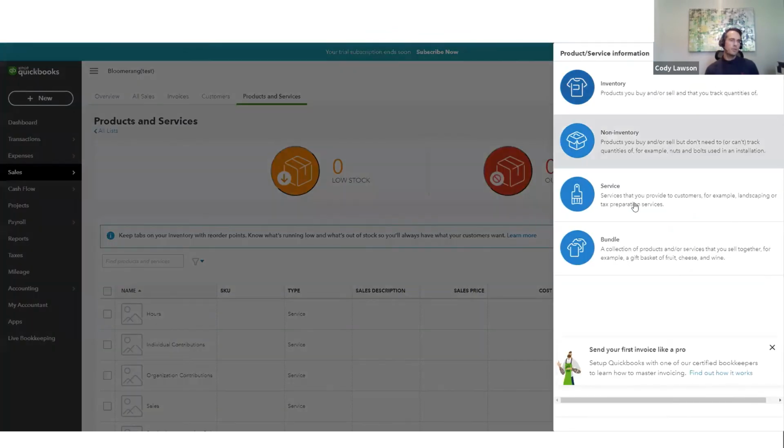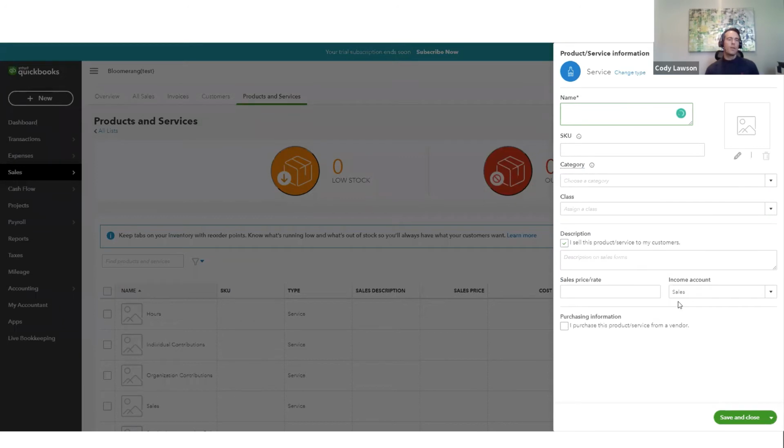Interesting thing about service items is, here's where, again, you can see they have an income account associated with them. There is the ability to reference a class value for a service item. This will come into play later. We have this option where your service item and class can be linked. We will be able to pull this class item if you utilize this feature. This is something that I think you have to turn on. If you don't see it when you go to create your list of service items,